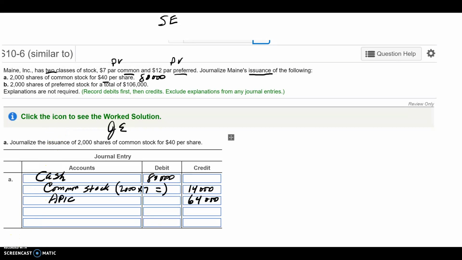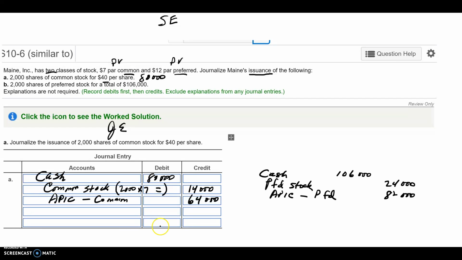Now let's do the same thing for preferred. The process is the same, so I want you to take a minute and rough out the entry. Okay, so here's our entry for preferred. The total proceeds were 106,000. The preferred stock is 2,000 shares times a $12 par value, or 24,000, that goes in the preferred stock account, and everything else, 82,000, which is the squeeze,